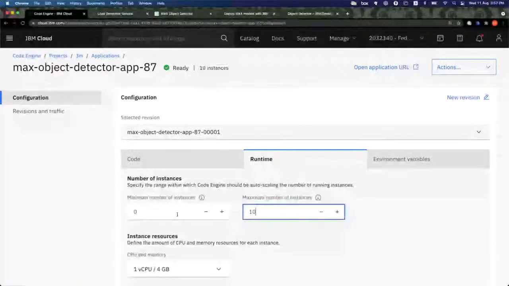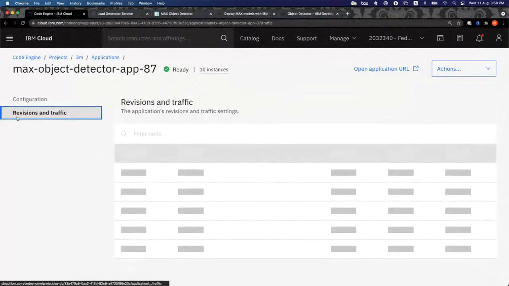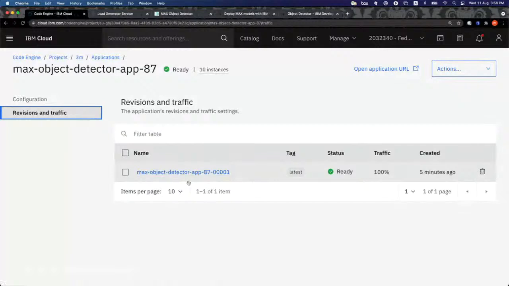In the runtime, you can specify the minimum if you want your application always running, so you don't have to wait for it to start up. However, it's just a few seconds or less because it's a container. It's not a virtual machine anymore, so it doesn't take too long to start. If you want your application always ready, you can set the minimum number of instances to 1. And if you want more availability, you can set a maximum number of more than 1. And in this view here, in revisions and traffic, you can see all the revisions,